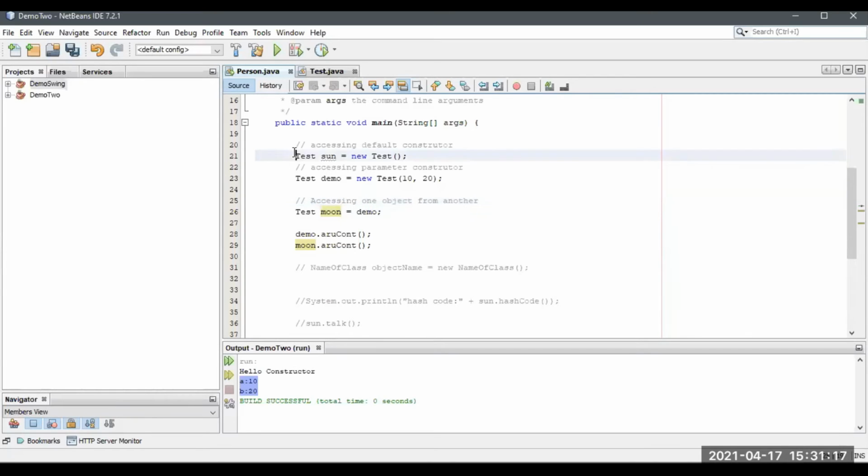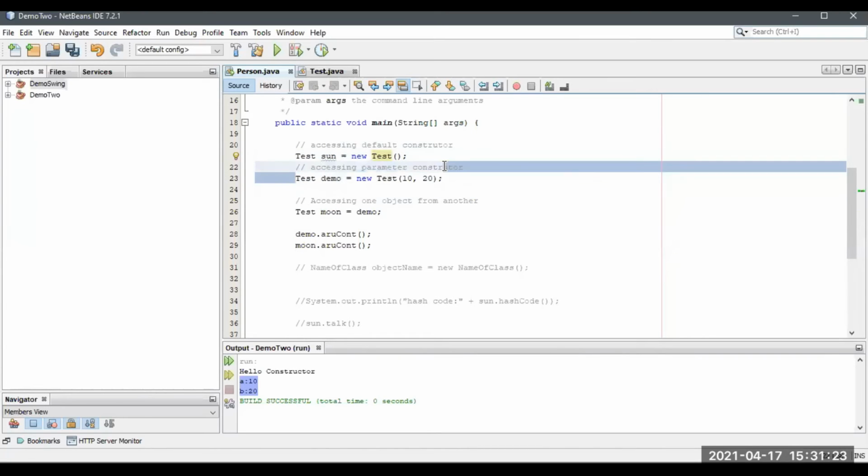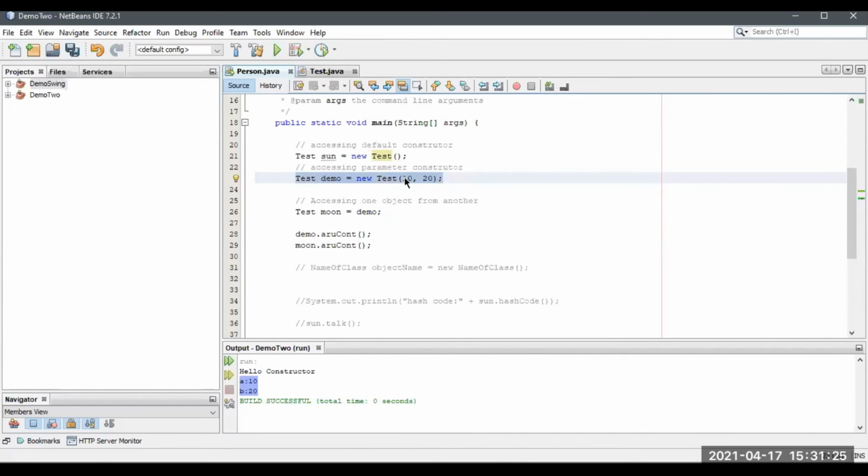I created an object, this one. This is the first one without arguments. And this is the second object I created for the test class, having two arguments. And I am assigning this object to the new object moon. I assign the demo to this object and I can access all the methods inside the test class.